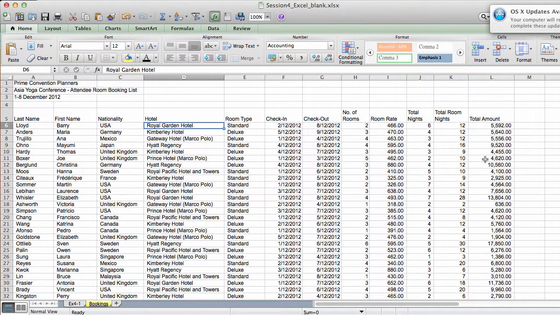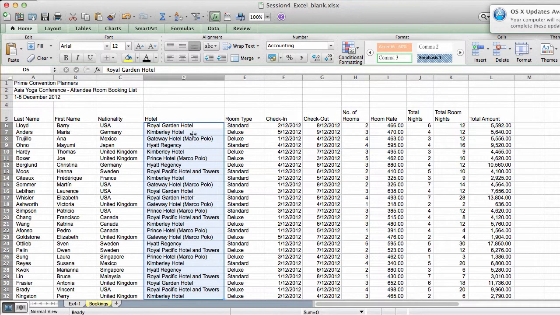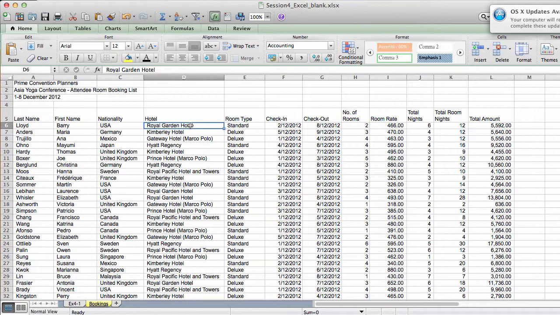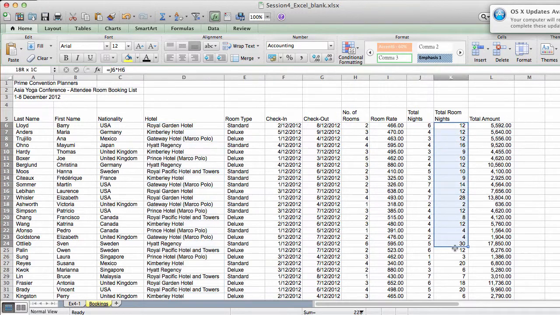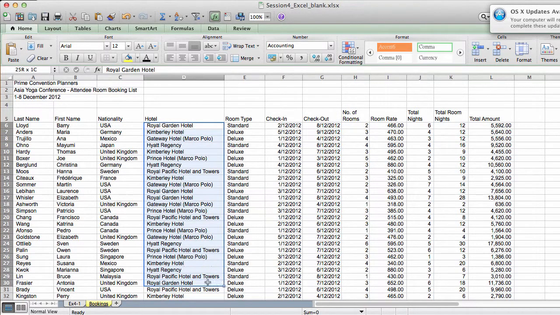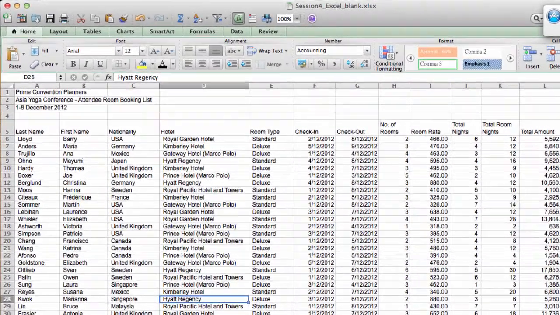So in other words, for SUMIF, we have three arguments. The first argument is the range that we want to test. First we want to test if the value in column D is equal to Kimberly Hotel. Only when the value in column D is equal to Kimberly Hotel will we include the value in column K in the sum. So this will be one of our arguments, this range, and another argument would be the logical test that we apply to this range. So let's go back to